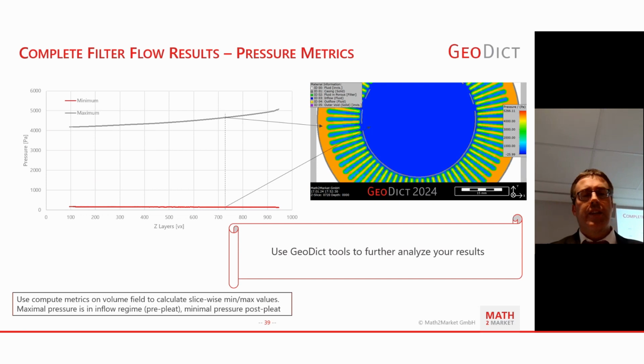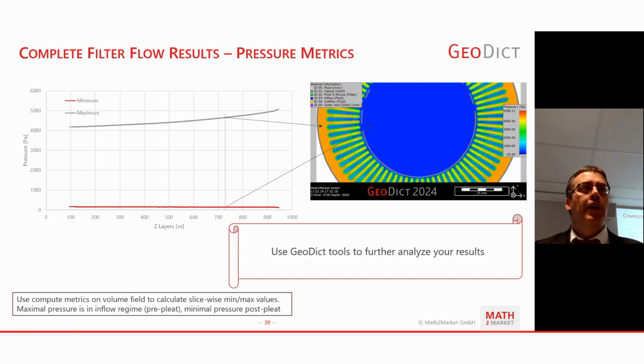Therefore, you can already investigate the pressure field with the onboard GeoDict modules. So we have not yet done a parametric study, but you already get the impression of what is happening in your filter. A more sophisticated, tailored analysis is possible with GeoPy, where we can extract the information we need.